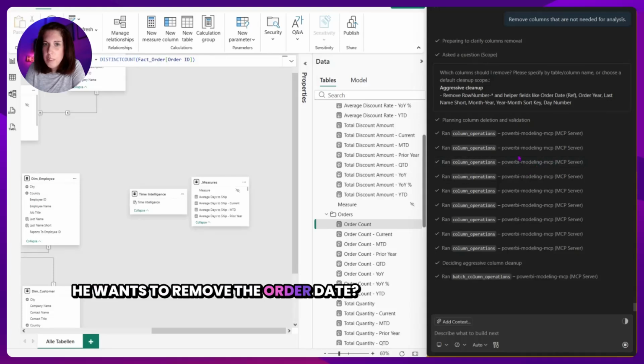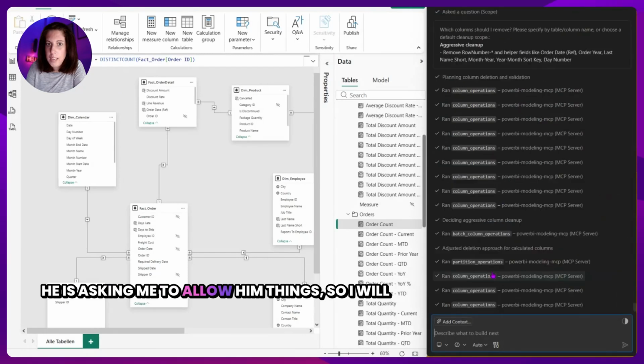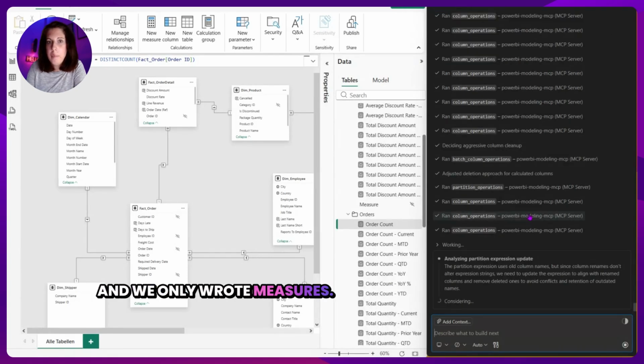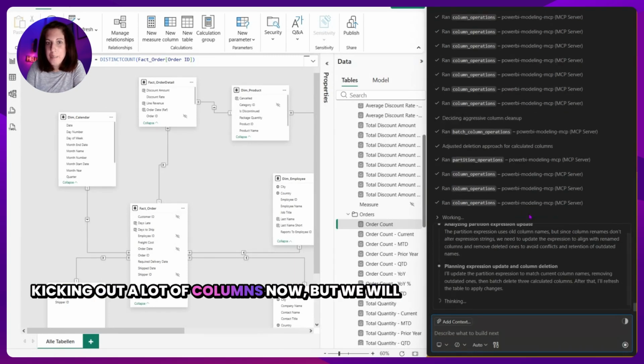He wants to remove the order date. I will have a look at what he's doing. He's asking me to allow him things, so I will allow him this session. The problem at the moment is that we did not build any visuals and we only wrote measures. I think it's really possible that he's kicking out a lot of columns now, but we will see